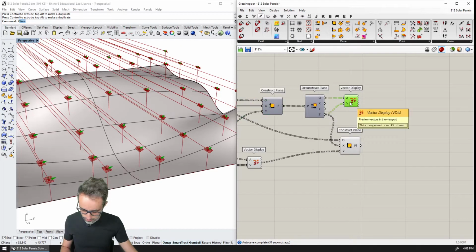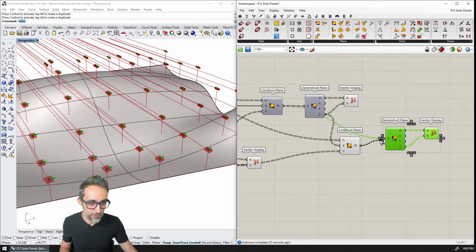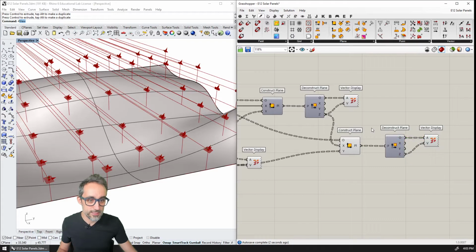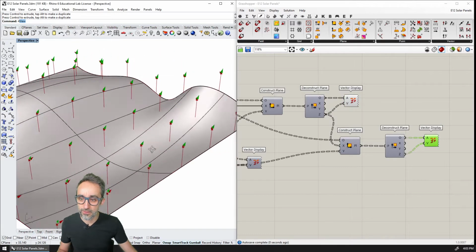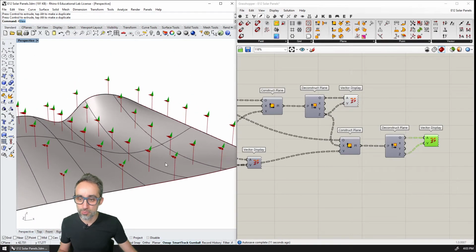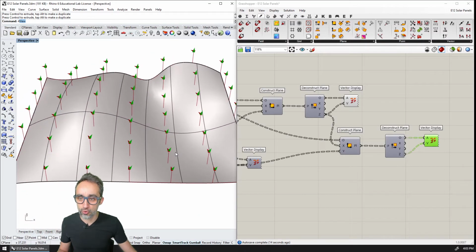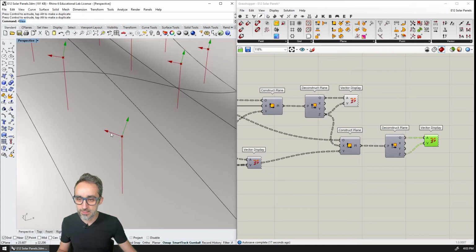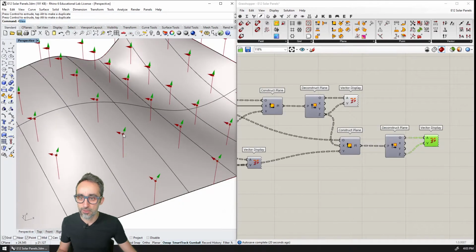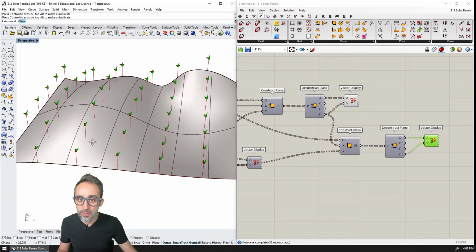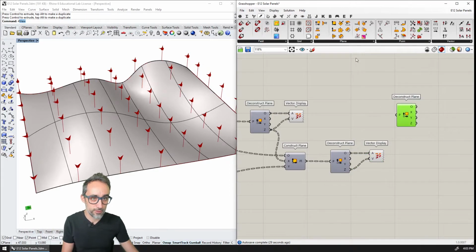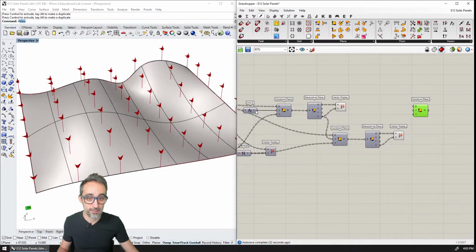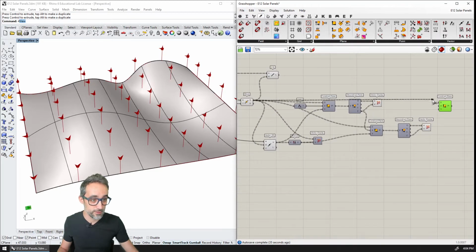So let me, just in case, deconstruct that plane and show the vectors. As you can see, I'm going to turn everything off. And now you can see we have the x vector and we have the y vectors. Can you see how this is super nice now? We have a family of two vectors per mast. One is the x vector and one is the y vector. And all of them are distributed equally and are going to be super useful to now construct the final plane, which is going to be centered around the tips of the masts.